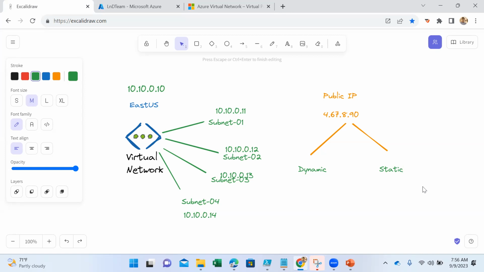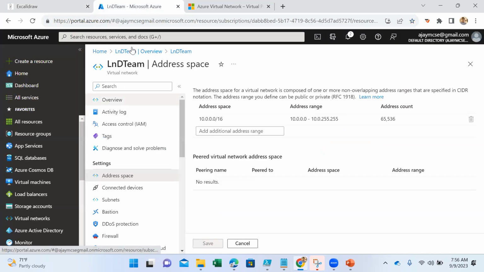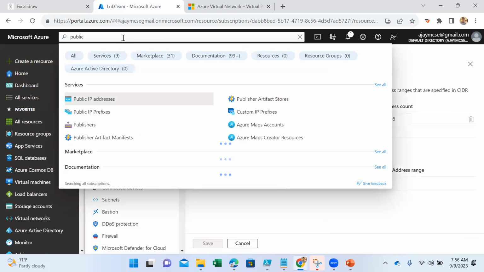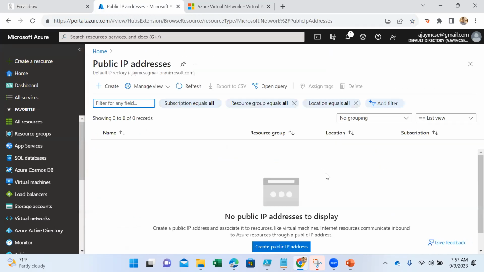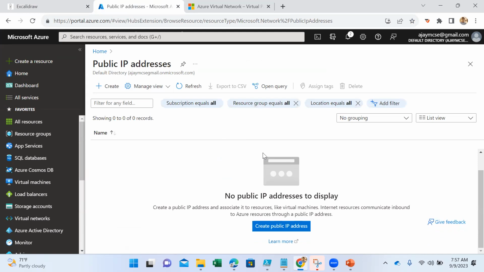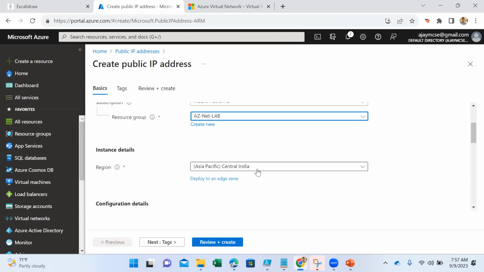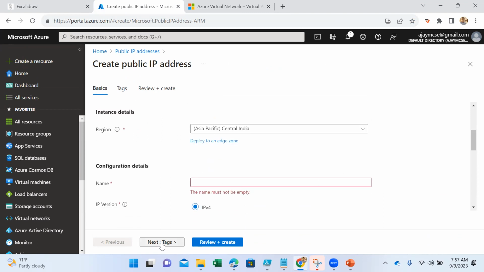Okay. Let me try to showcase, let me try to demonstrate. I'm here on the portal and I'll search for public IP. Okay, and here it is. So if I try to create a public IP, I'm taking Central India here. Next is,